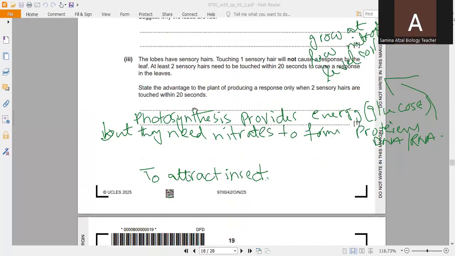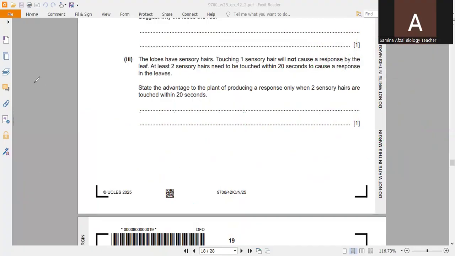Next question is, the lobes have sensory hairs. Touching one sensory hair will not cause a response by the leaf. At least two sensory hairs need to be touched within 20 seconds to cause a response in the leaves. State the advantage to the plant of producing a response only when two sensory hairs are touched within 20 seconds. Well, it is very clear from the question that